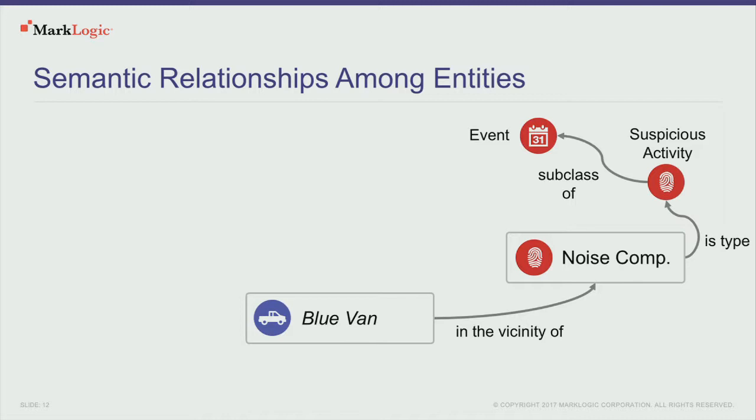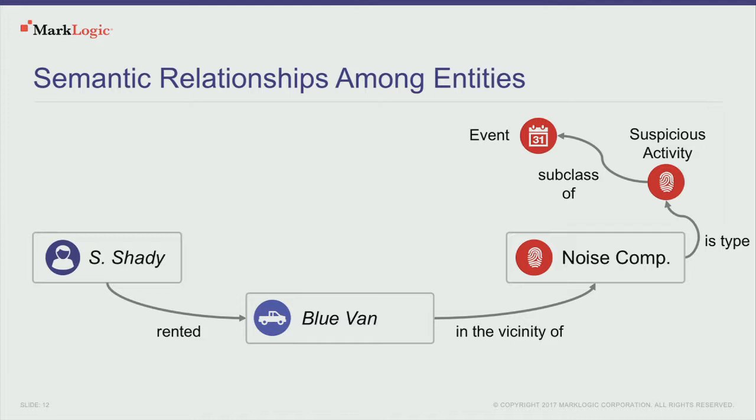We can create a new document, again, that we haven't had to predefine anything. We can create a new document that represents this blue van. It could have its license plate, the fact that it's blue, the fact that it has a dent on the left side. We don't need to predefine what any of those things means. We can capture that, and then we can start to make sense of it later. So load that information about the blue van, and then relate it to that noise complaint. We haven't done anything else other than that.